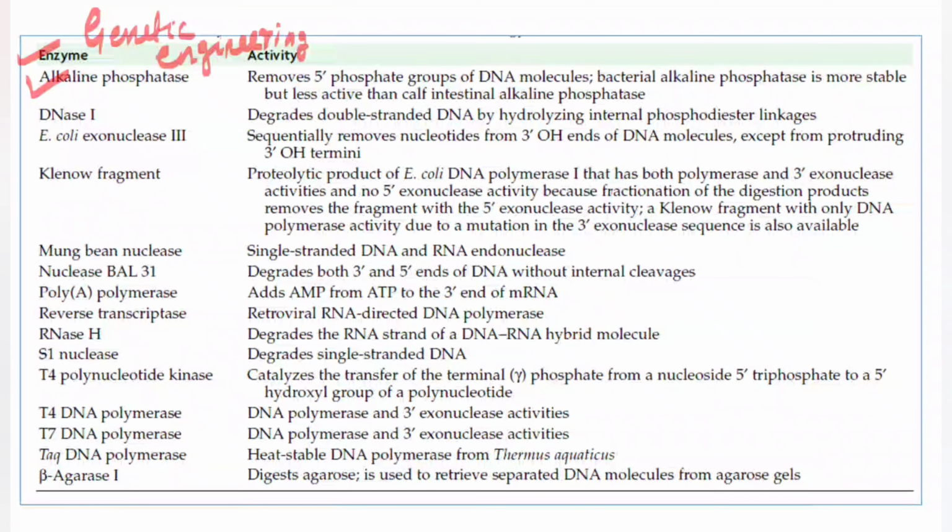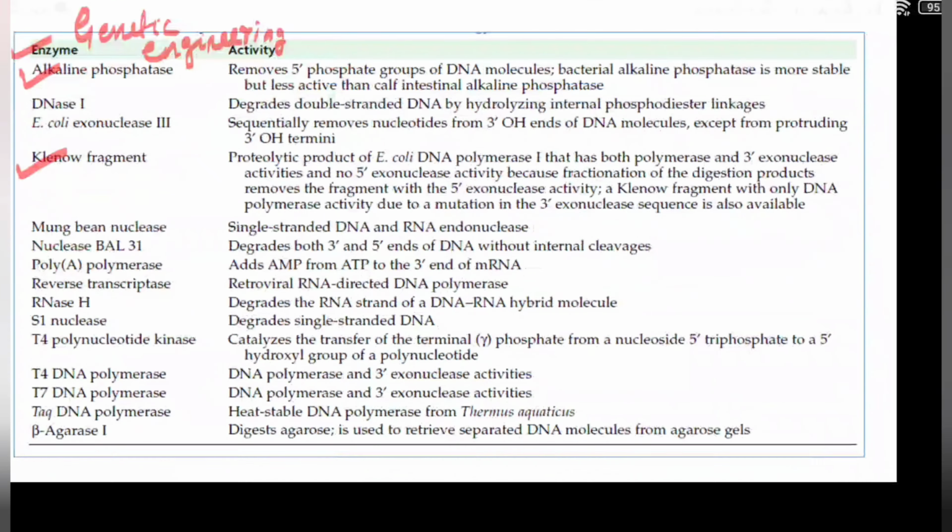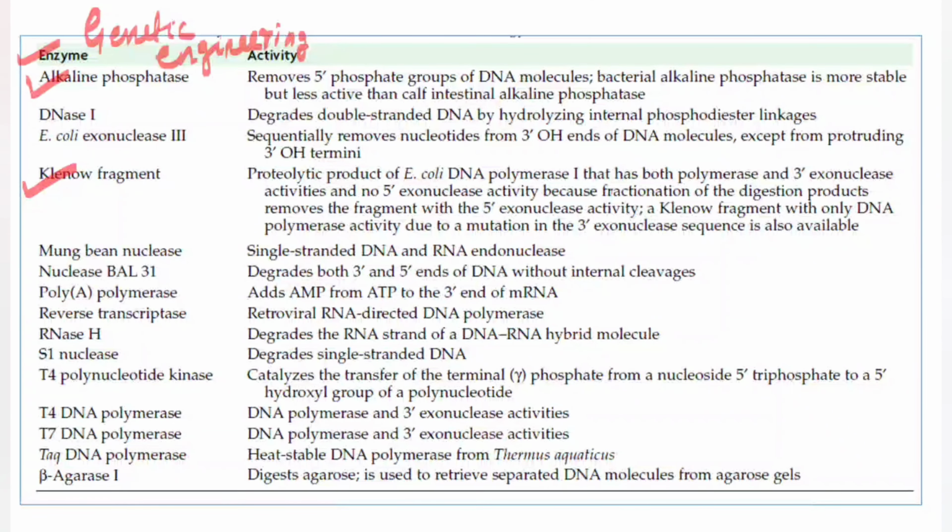This can definitely be asked: what is the Klenow fragment? It is the larger portion after protease degradation. The larger fragment has only 5' to 3' polymerase activity and 3' to 5' exonuclease activity, and it lacks 5' to 3' exonuclease activity. Why does it lack it? Because it is transformed into the shorter fragment by digestion of the whole protein